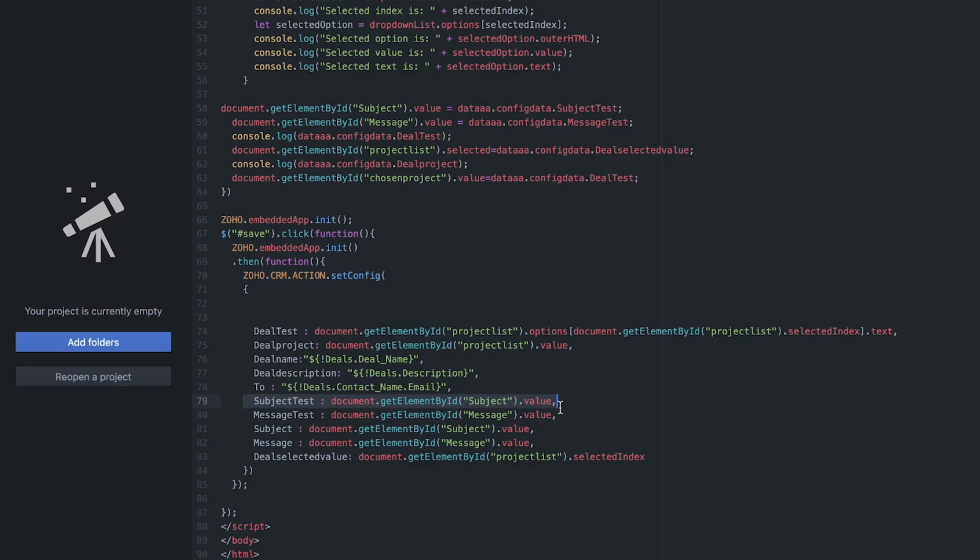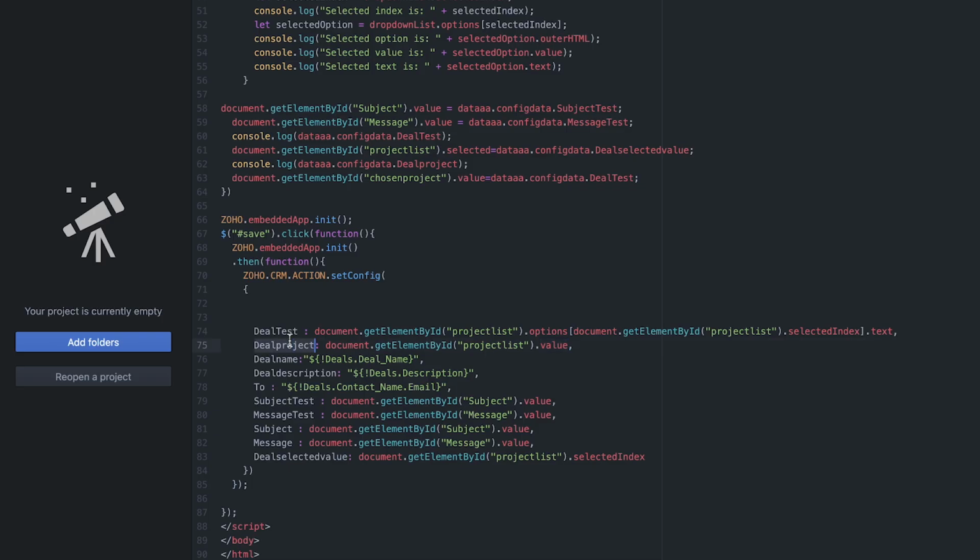Here you can see that I have two variables called subject text and message text. Whatever value is provided by the end user in the text box for subject is taken and saved to the variable subject text. Similarly, for message, whatever value they enter will be saved to the variable message text. Then in the drop down list, they are going to select one particular project. We need that project ID so that this deal can be created as a task in that specific project later, right? That project's ID can be taken and saved to a variable called deal project.